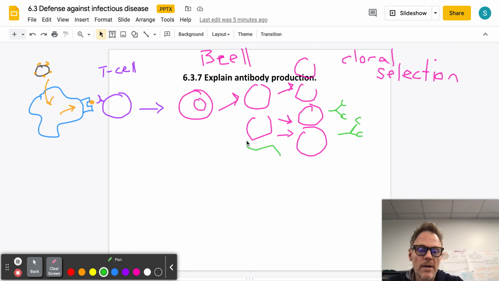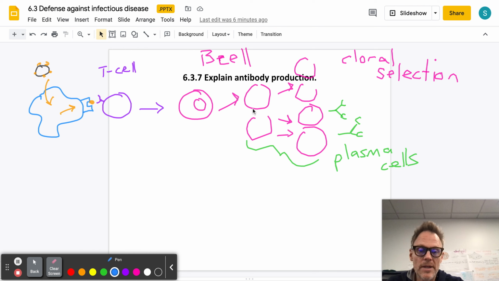These types of cells that make the antibodies, the B cells, are called plasma cells. They're like, Mr. Fleming, why do we need two names for the B cells? Well, the reason we do is that